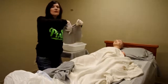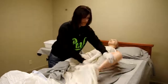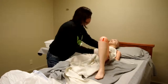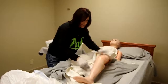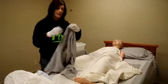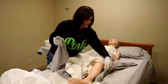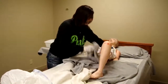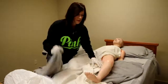Now you're going to get your rinse water that you've checked with your wrist and rinse. Make sure that her knee is bent though. And wash from the hip to the knee. Rinse, cover. Now you're going to pat dry. Okay. So you'll pat, pat, pat, and underneath pat, cover,